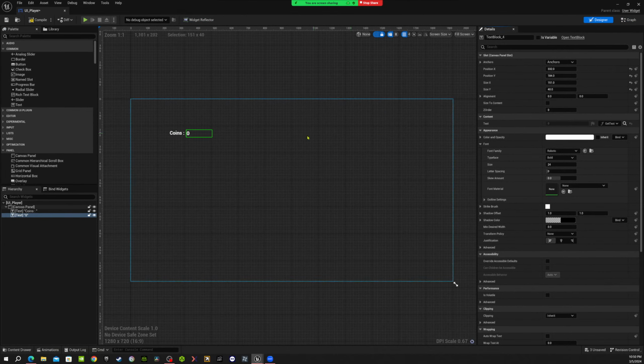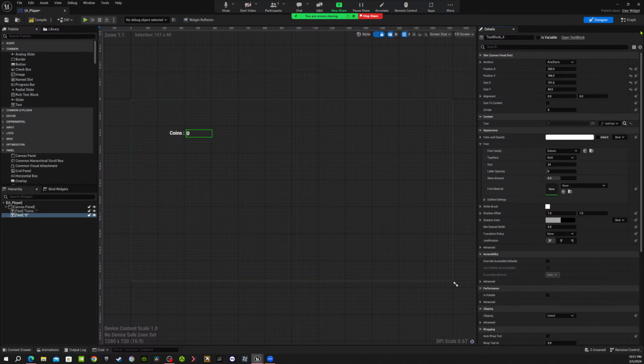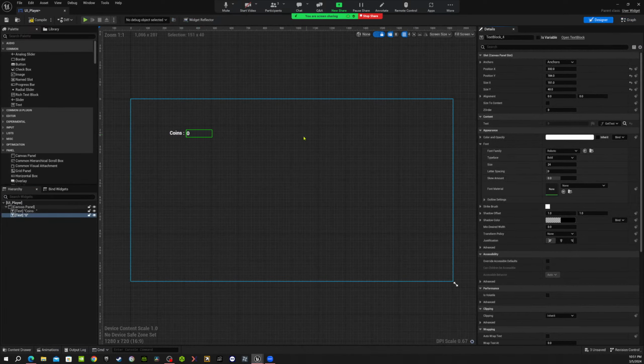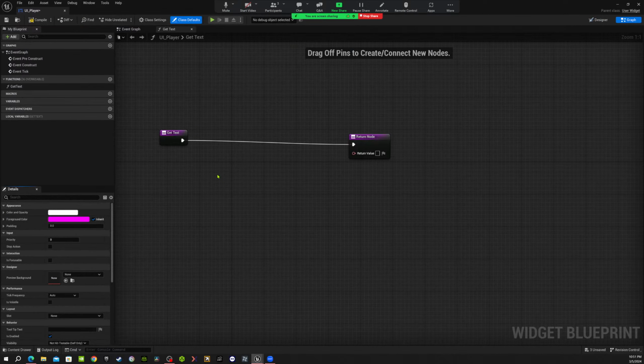So there are two sides of a widget, called Designer and Graph, on the top right. The Graph is where you do your programming, and the Designer is where you design how it's going to look. You bring in your pictures, images, and artwork and whatnot. So in the Graph, we have to create